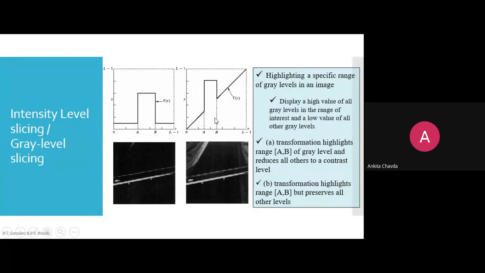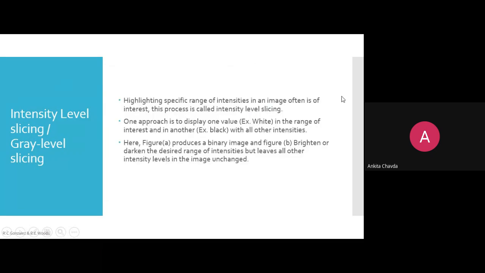Here, what we have done, we haven't changed anything, but we have made the other gray levels very dark, around 0 to some value, right? So they would be the dark pixels. We have suppressed the other levels and brightened these levels, but we are not changing any other values. This is what we have discussed. I hope there is no doubt in this.